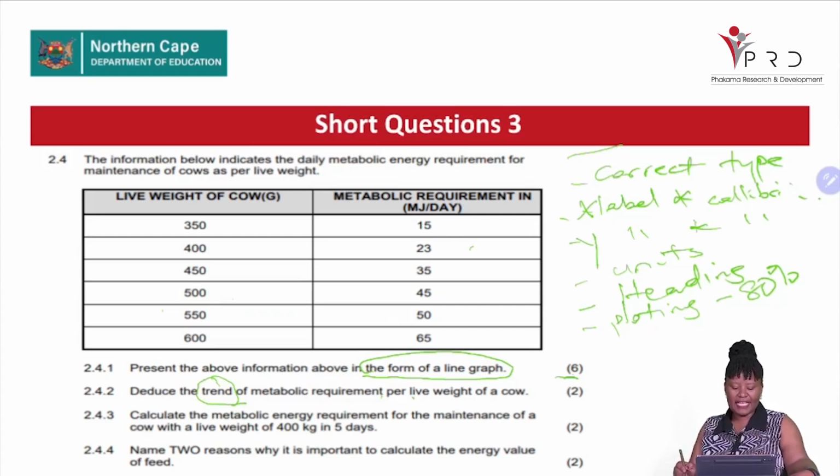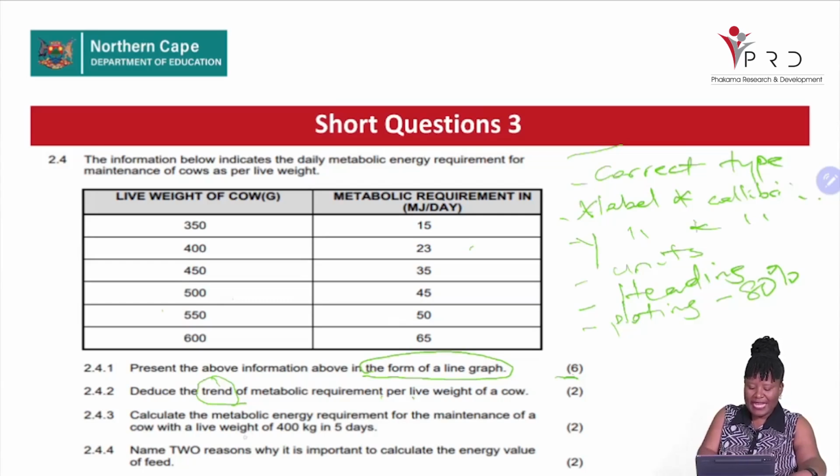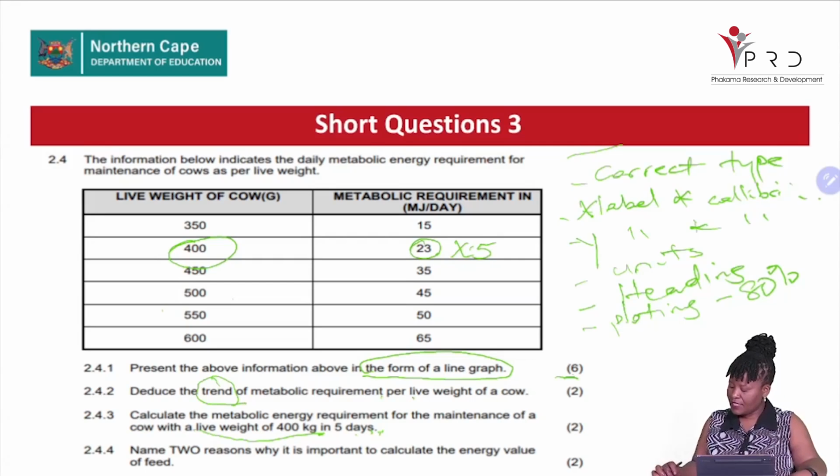Calculate the metabolic energy requirements for the maintenance of a cow with a live weight of 400 kg in 5 days. And in 1 day, how many? It is 23. So now you need to calculate for how many days? For 5 days. Therefore, how are you going to know for 5 days? You have to say 23 times 5. And when you say 23 times 5, what do you get? You get your